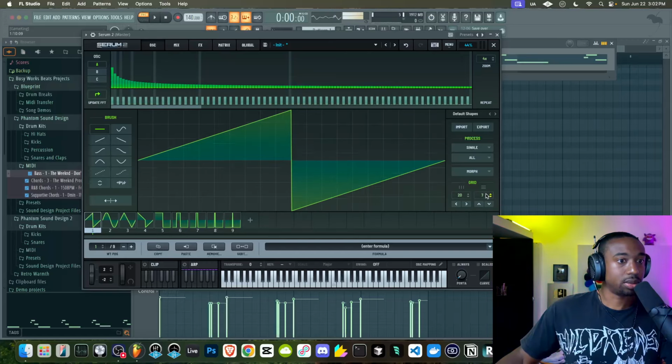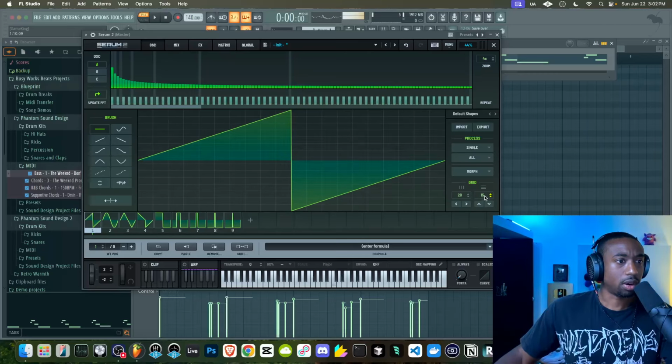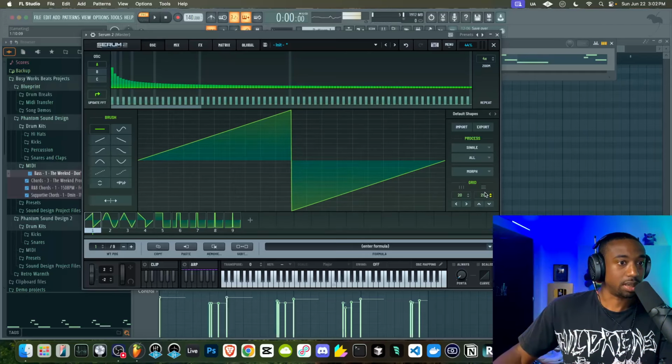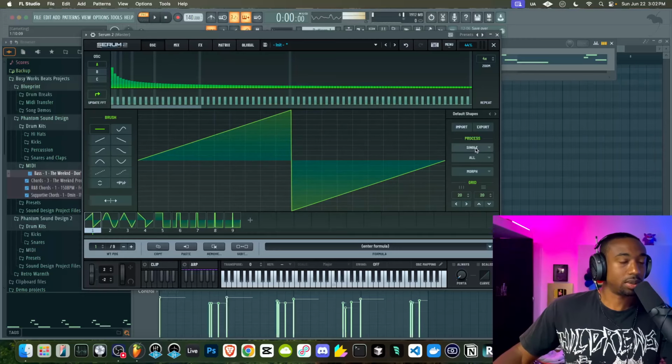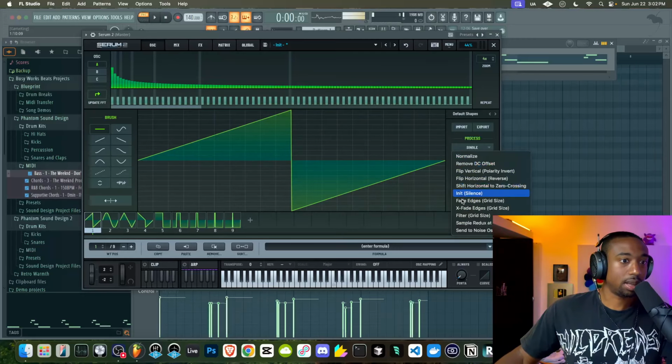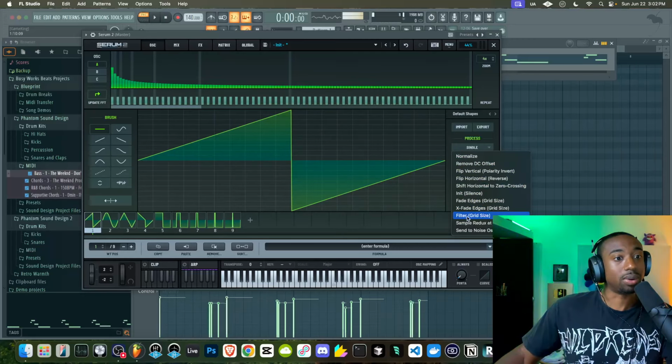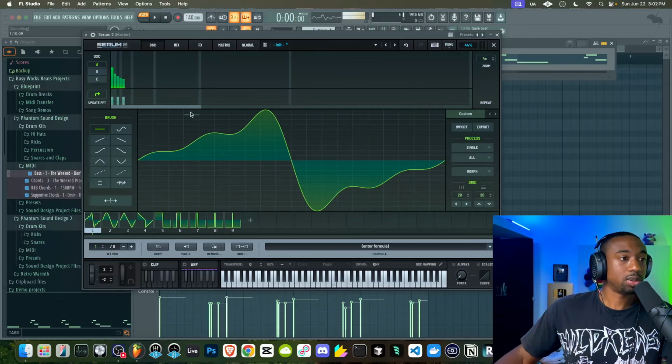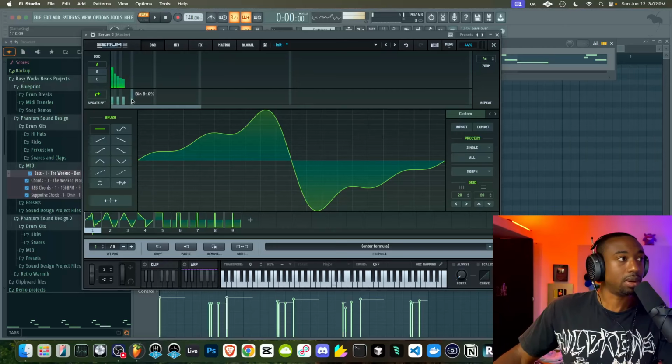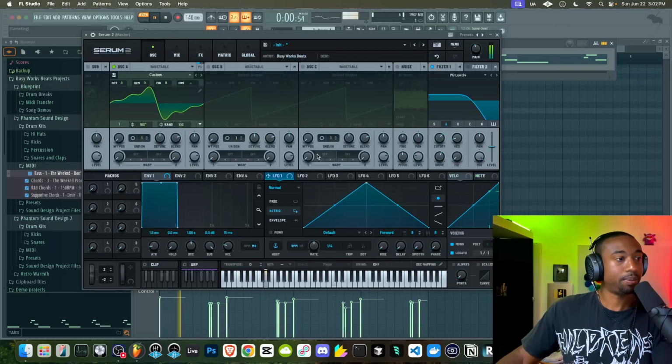We change the grid to 20. I don't know if the horizontal matters, but let's just up this to 20 as well. And now what we're going to do is go to where it says process single, and let's go to filter by the grid size. So what this is going to do is round off the sawtooth so it's not so aggressive, okay? And we got rid of a lot of harmonics in that case.